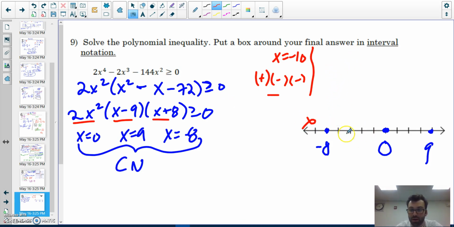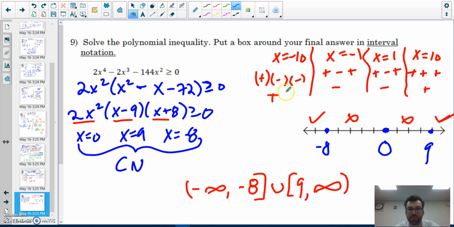Okay? I'm going to plug in a number in between here. I chose, what did I choose? Negative 1. Negative 1 will give me positive, negative, positive. Oh, this should be positive. Oh, wait, holy buckets. Sorry, this would have been a positive number, which would have checked out. I plugged in negative 1. I got positive, negative, positive. Gave me a negative. Not going to check out. Plugged in 1, positive, negative, positive. Negative number. I plug in 10, I get all positives to give me a